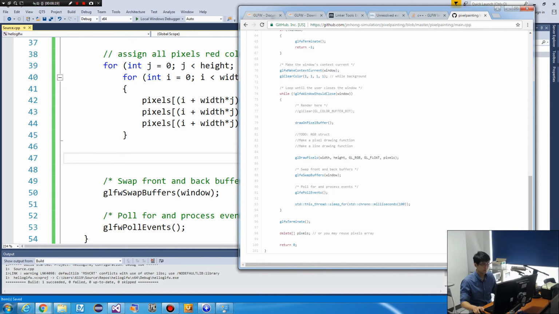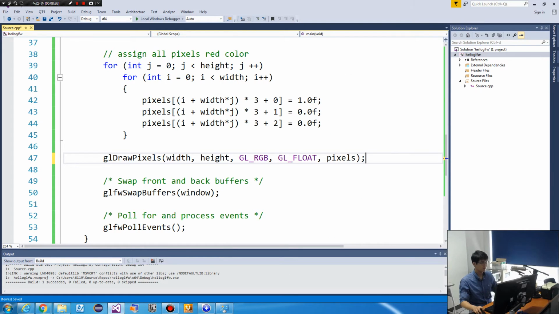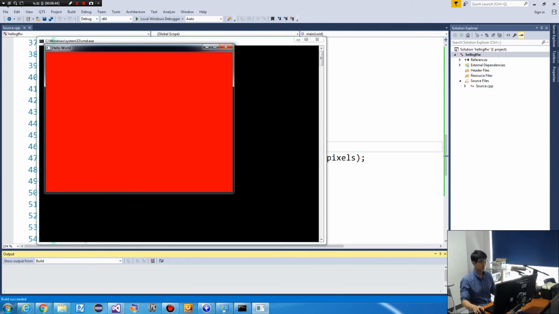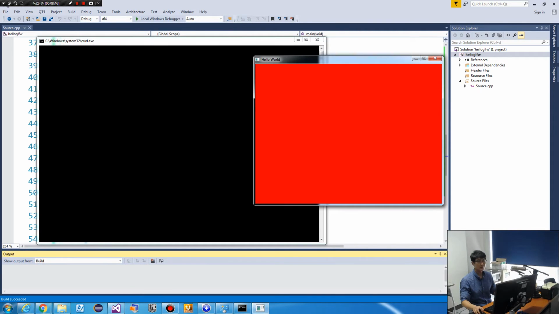So you don't need to understand this one perfectly. You simply need to understand this array is copied to your window by using this function. Okay, let's compile, and we have a red background.